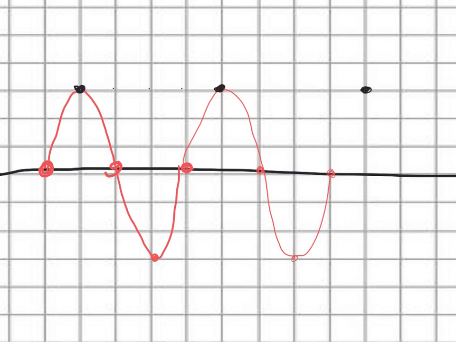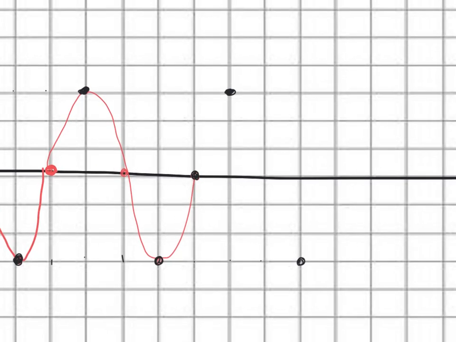I could do that with the trough too. If I'm right here, count over 4. 1, 2, 3, 4, and there's my trough. I could start right here, count over 4. 1, 2, 3, 4. Start right here, count over 4. 1, 2, 3, 4. Okay, because it's from the falling,